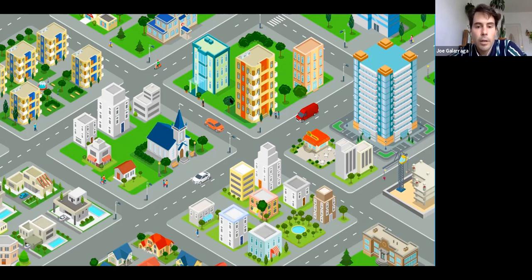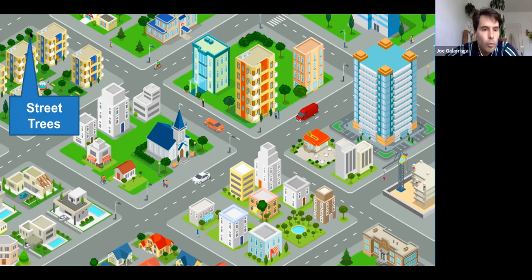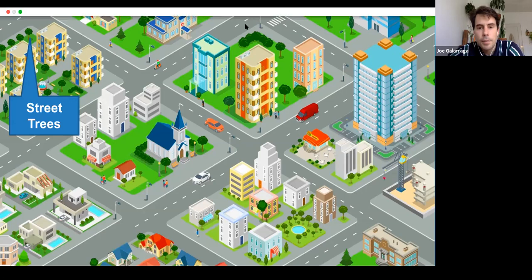So one of the things that I want to bring up first is we see there are trees right along the street here. And that's something that I brought up when I was talking about something that I don't necessarily like about my community, is that you can walk up and down the street and there's no trees. But that's a decision that's made. And even though it's something very small, it can have a lot of impact on personal health. So if you're able to walk around and be in the shade, maybe you're at less risk for heat related illness, things like that.